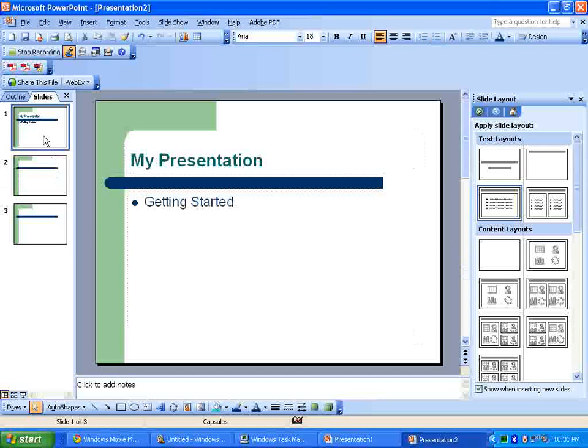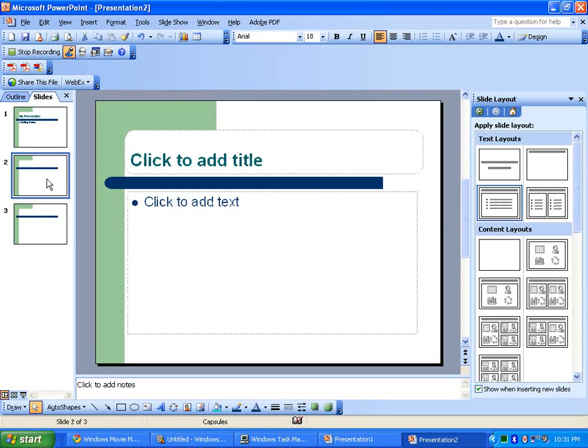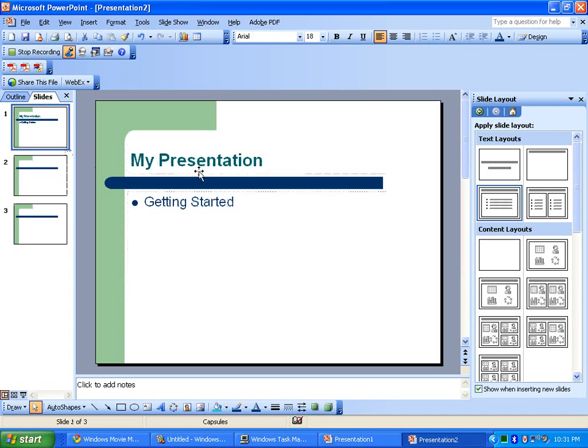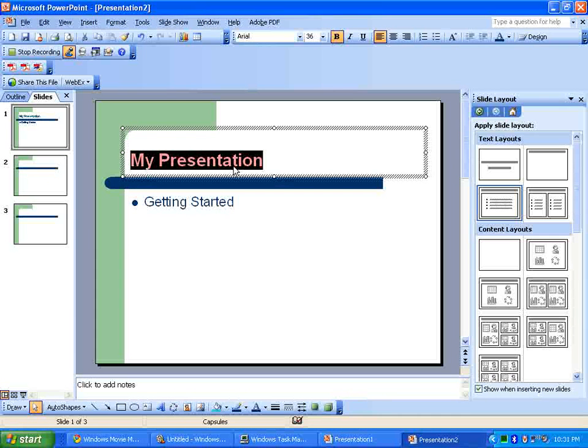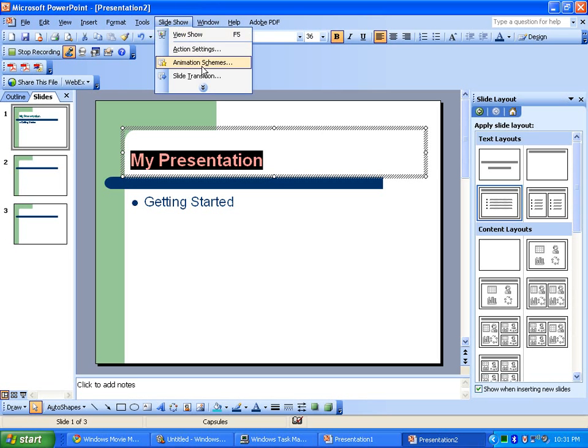Once you've got your slides set up and you know what you want them to say, then you can go back after you've created the presentation and add other features like animation. Animation is always found under the slideshow menu. So for instance, if I wanted this area where I have my presentation to not just appear on the screen but maybe to fly in some way, then I can go to slideshow